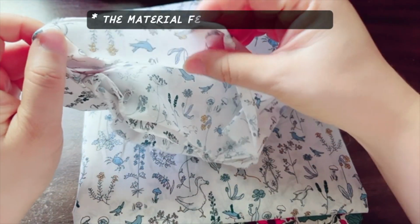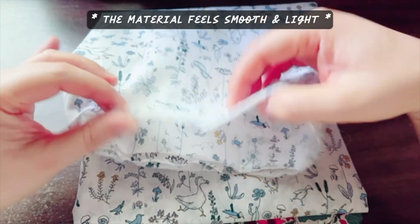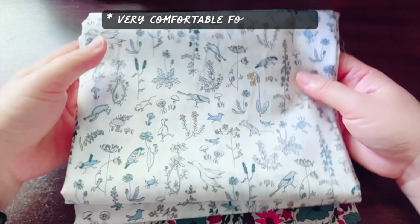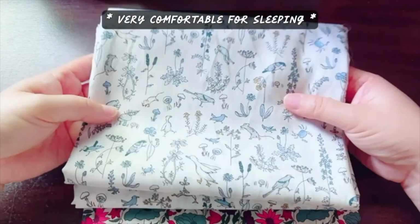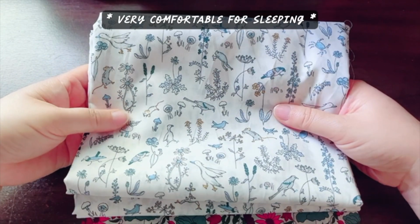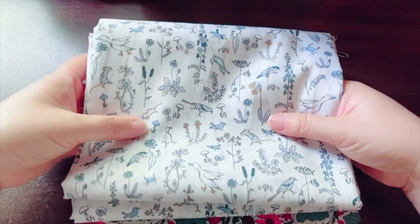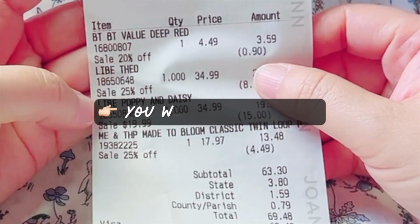I imagine maybe making some PJs or maybe even a nice top. I'm hoping to make a set, some shorts and camis with this. I might explore zero waste design on this fabric just so I don't waste any of it. It's quite expensive. Never bought such expensive